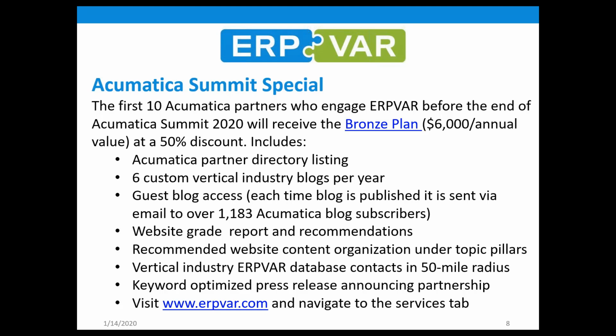We help generate inbound leads and sales opportunities. We also train our value-added resellers and ISVs on HubSpot content management software that helps you with inbound marketing. We implement and train the entire system, and we help you leverage your inbound marketing through our Community Village Approach website, which is erpvar.com. What we do is help you push expert content out in front of your targeted markets,